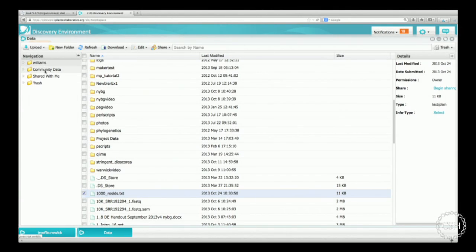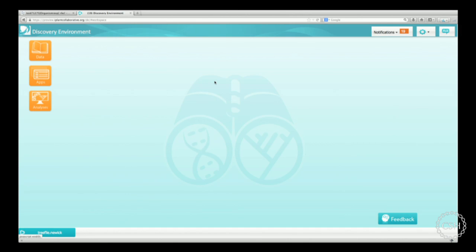And also at some point, there are some resources that we just make available, data sets in the community data folder. You'd have them there. If you trash anything, using the trash icon on the right-hand side, things would end up there as well. Okay, so I'm going to close data for just a moment, and let me focus on doing a little bit